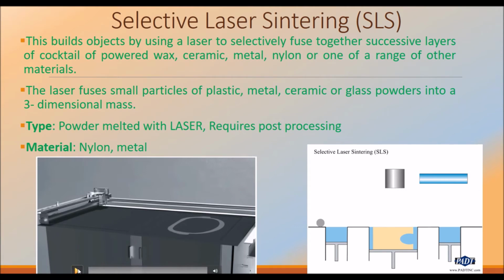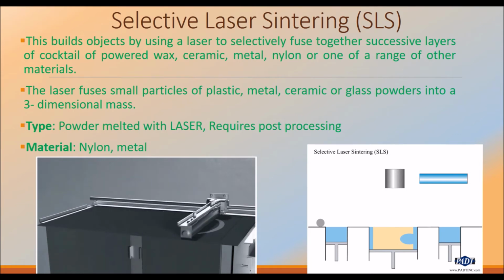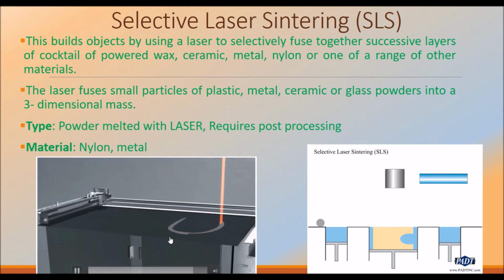So by using the layer and the metal powder, the material is printed on the bed and it is cleaned on the first layer, and at each and every level you are going to get a laser beam of the required shape which is designed, and after that a powder layer is filled, and this process is followed up to the requirement of our object. So the laser beam is projected onto the bed as per your required shape.